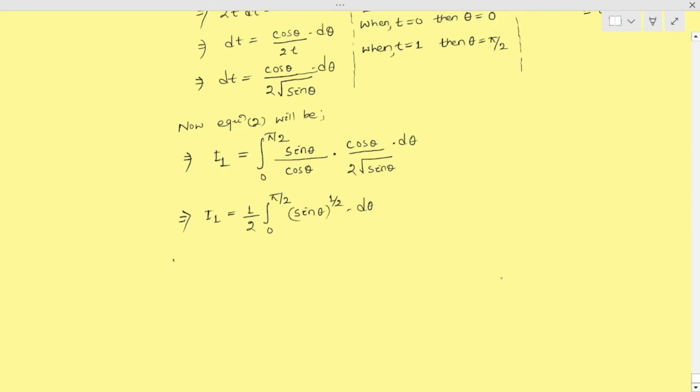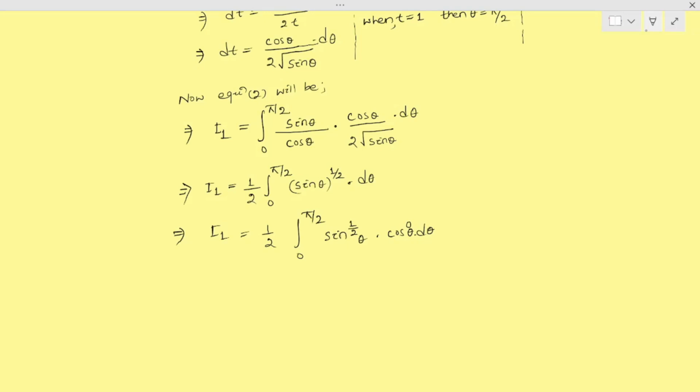Okay, and here this integral I1 also can be written in this format, 0 to pi by 2, sin power half theta into cos power 0 theta d theta, because cos 0 theta is nothing but 1. So here 1 is there. So instead of 1, we can write cos power 0 theta d theta, right? That implies